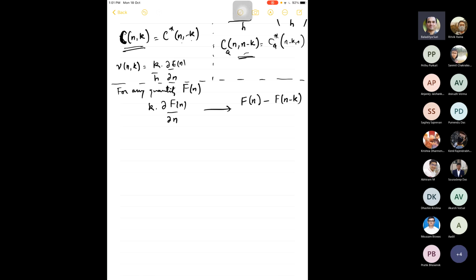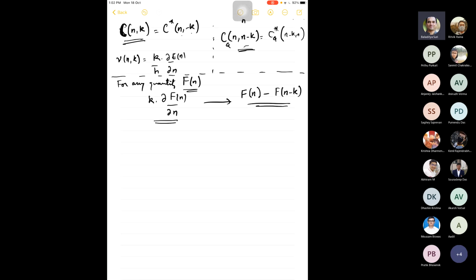Okay. And the hope is that other than energy, there are several quantities which are defined in the stationary state. For example, angular momentum, etc., etc. Now, for any such quantity, which is a general representation, is this f of n. If you have a classical formula which looks like this, in the quantum case, you replace it by a simple difference. Okay? And again, now consider the classical formula.